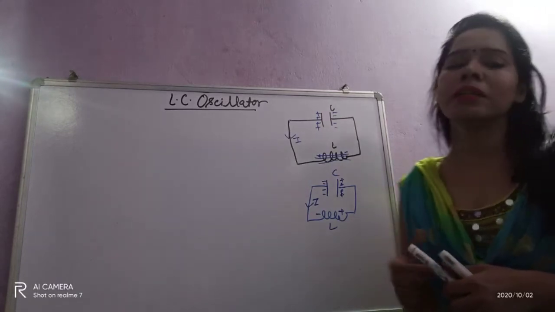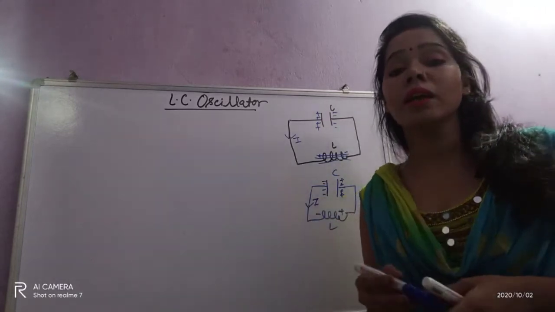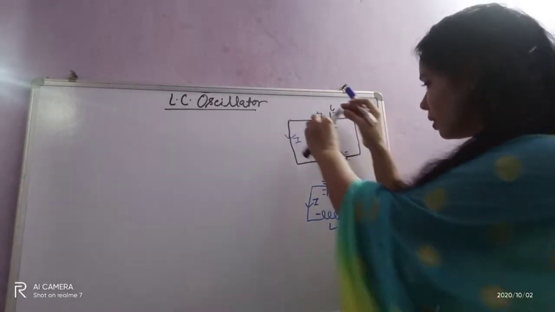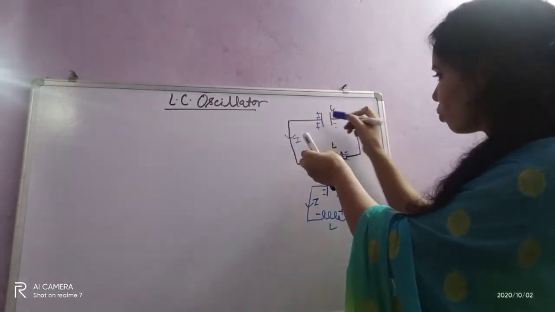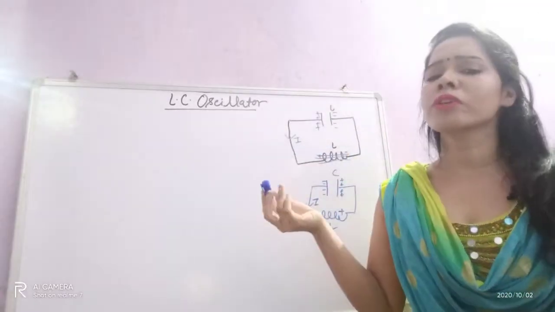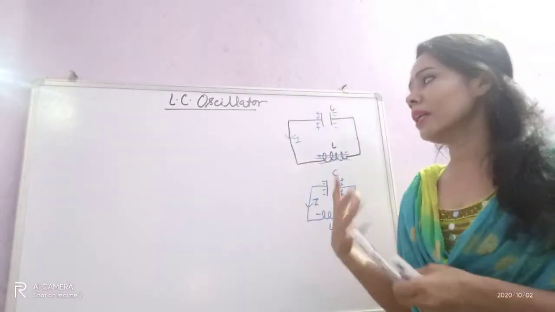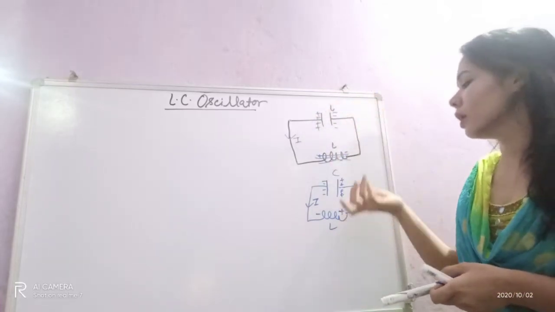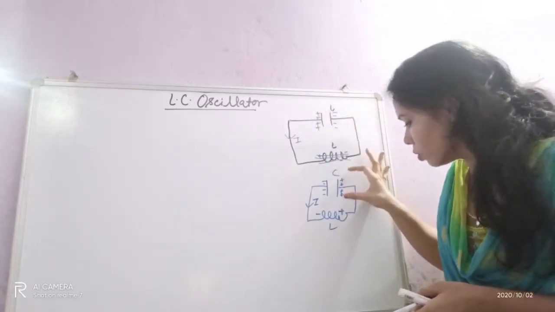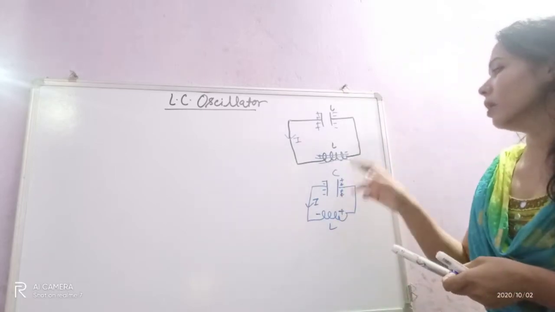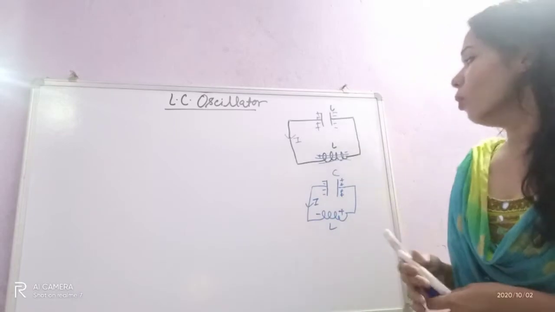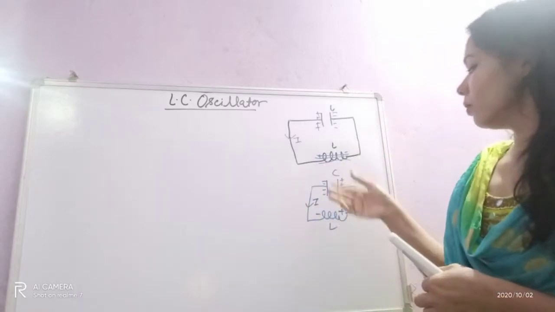So in the ideal case, we are considering that the overall energy is constant. But generally it doesn't happen, because these conductors, these wires, have some resistance, so some of the energy is used. But in the ideal case, we will consider that the sum of the energy of these two elements is constant. Now I will consider the next case.